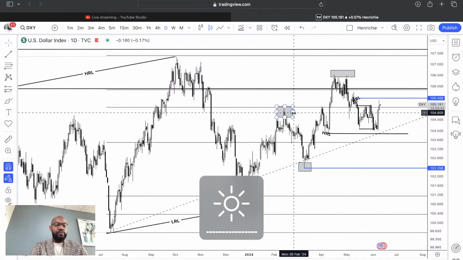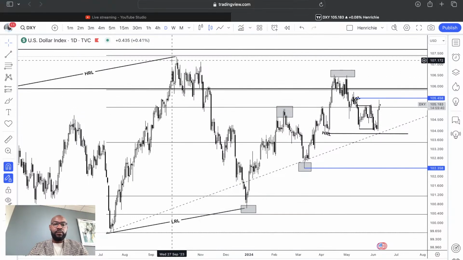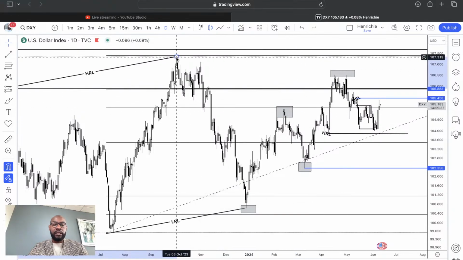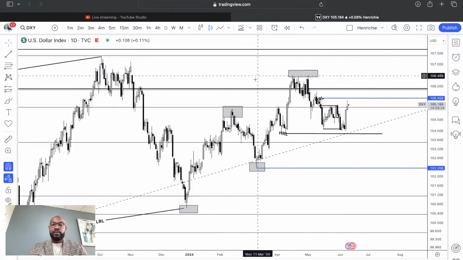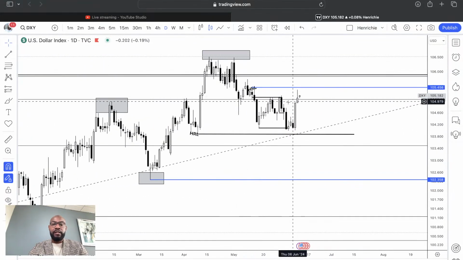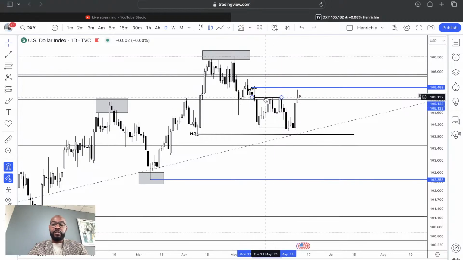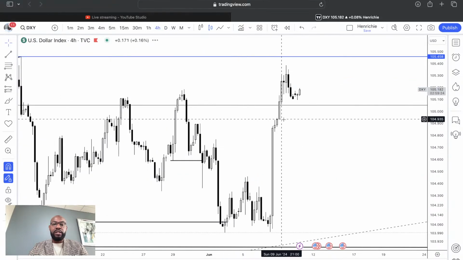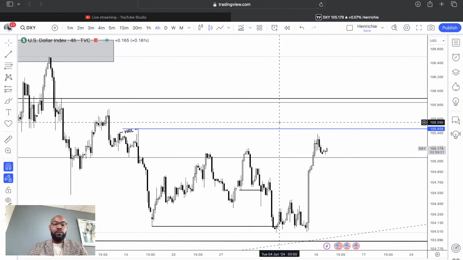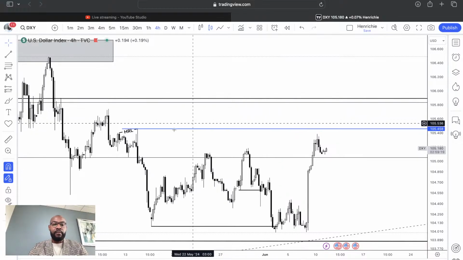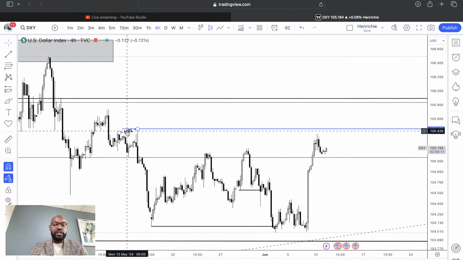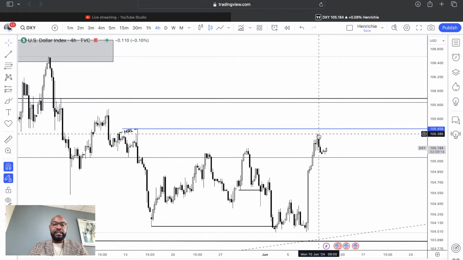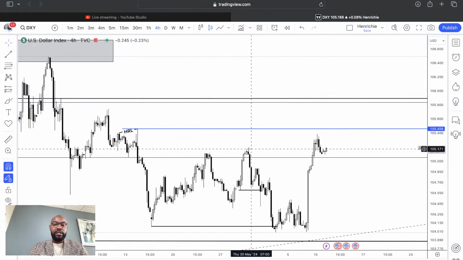So in today's live stream, we're going to start by looking at the US dollar, what the market is doing so far. Looking at the US dollar currently, as you can see, we have a run on buy side liquidity right here. If we scale down to the weekly time frame to have a better understanding of what the market is doing, as you can see right here, we have a high resistance liquidity, and price has mitigated that high resistance liquidity, took liquidity from this previous high, which is also a high resistance liquidity as well.